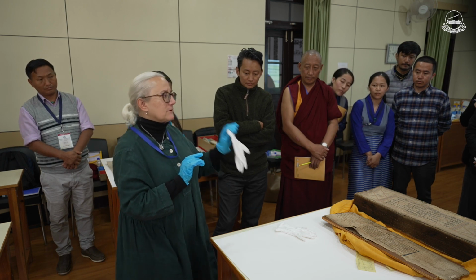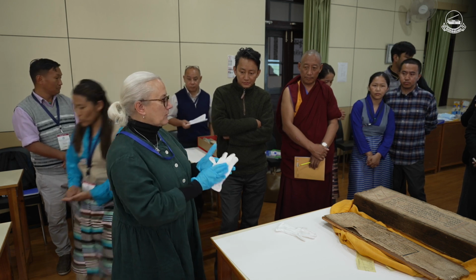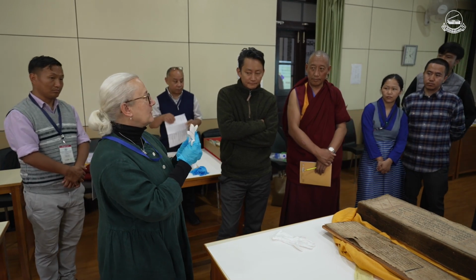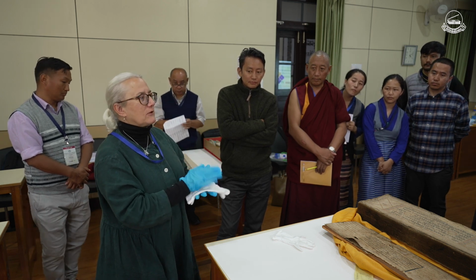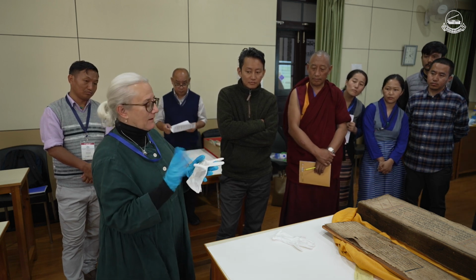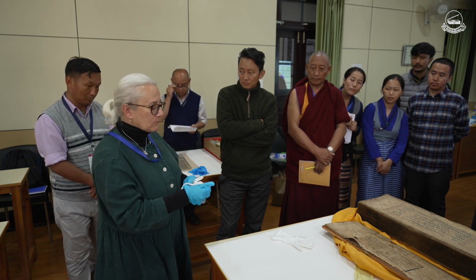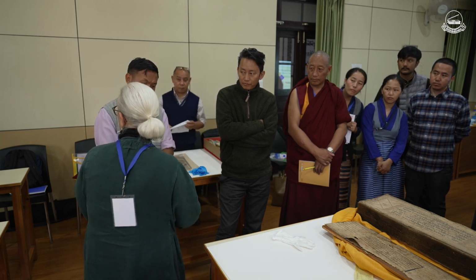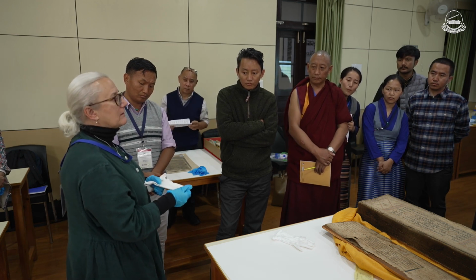There's 2 different types of gloves. We prefer these kinds of gloves because as you can already see with these, they're dirty. And they haven't actually handled too many objects already. But it's very difficult to say don't use these because they're cheap. These are very expensive. And these are called nitrile gloves, and these are cotton gloves. We don't use gloves all the time, and Anne can talk about why we don't use gloves with paper. But one of the things that we always try and keep in mind,